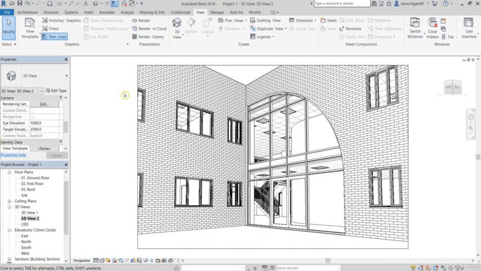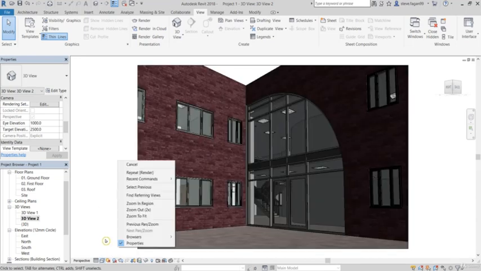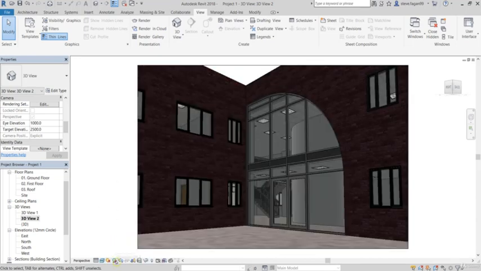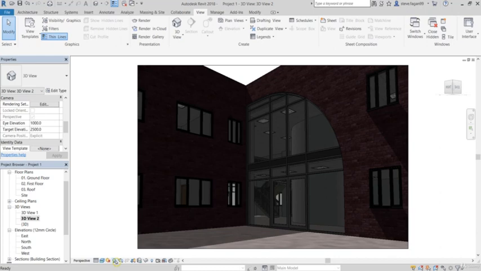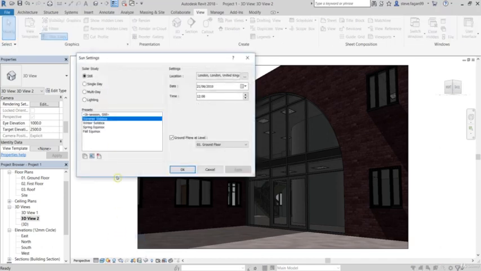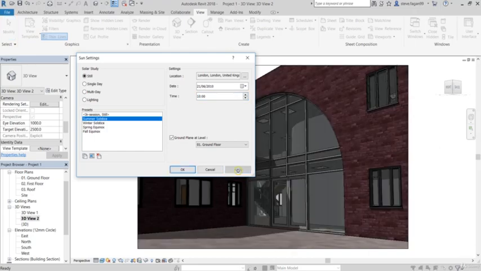So now we have set up our 2D image. The next step for us to do is we got to prepare our image for render. So what we're going to do is go to our detail level, increase it to fine, then go to the visual style and put it to realistic. So next we're going to turn on our shadows. If you're not happy with how the shadows are displayed, we'll go over to the sun settings. And what we can do to adjust the position of the sun is quite simply just changing the time. So if I bring that back to say 10 o'clock in the morning, press apply,